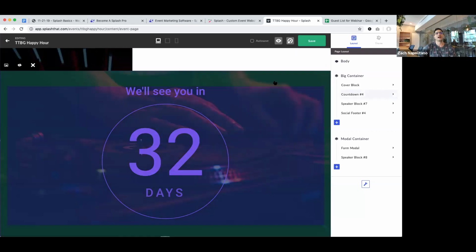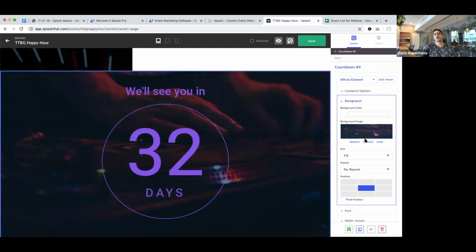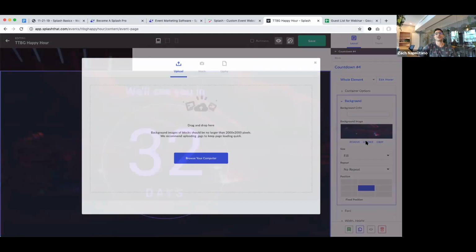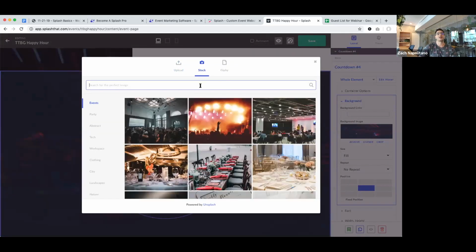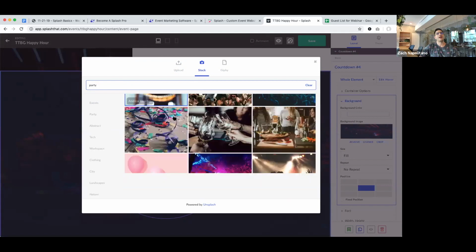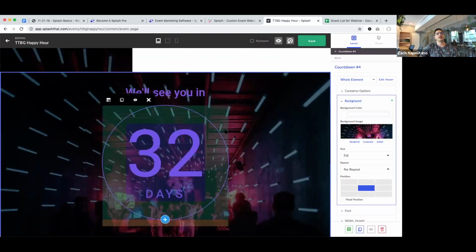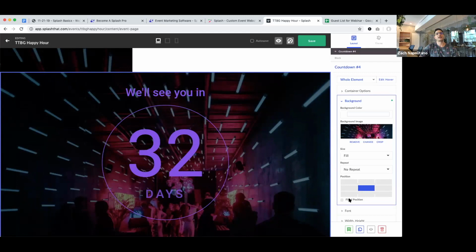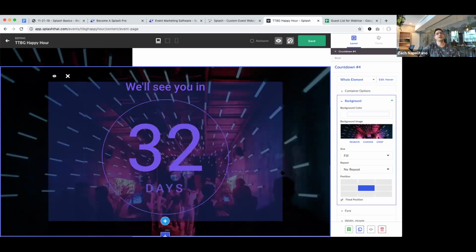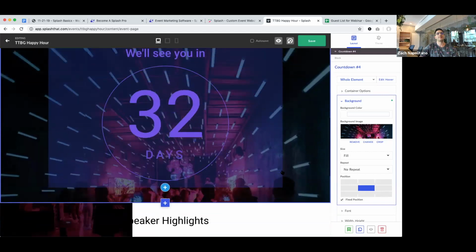What I'm going to do, I want to update that background a bit. I'm going to click into it. By hitting that one click, if I hit change, I could actually change the background color here. So I'm going to change the image. I'm going to search for party again. And I'm going to grab that really cool party image we initially selected. Now, something cool about this, I could make it a fixed position countdown. So as I scroll, it stays pinned. I really like that effect. So I'm going to keep that.